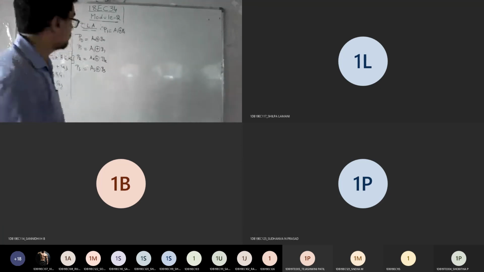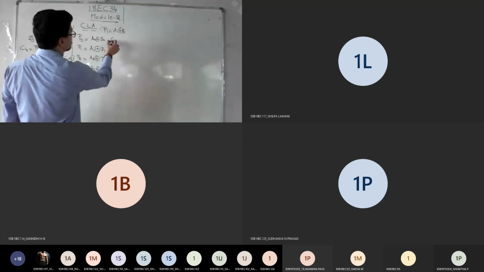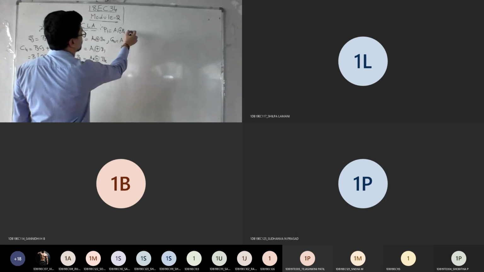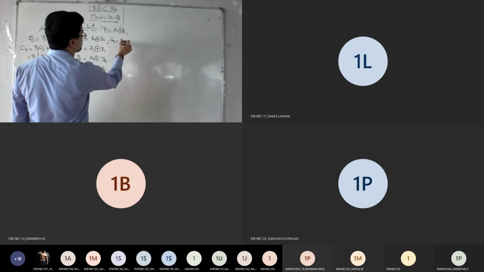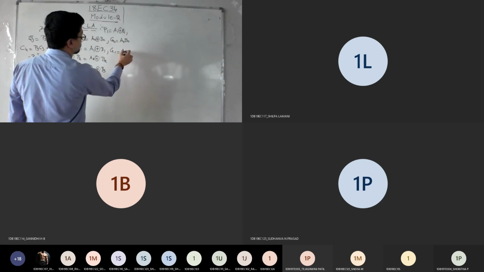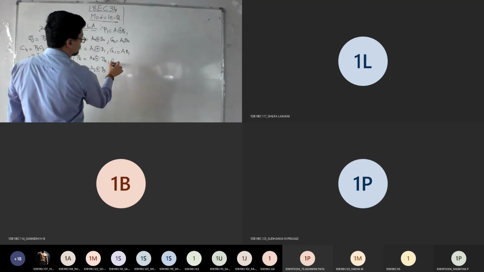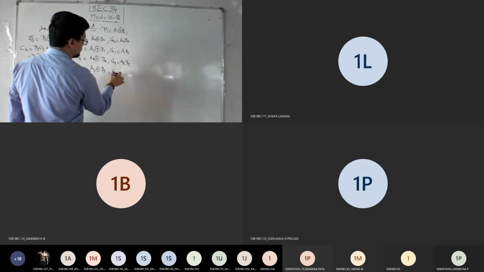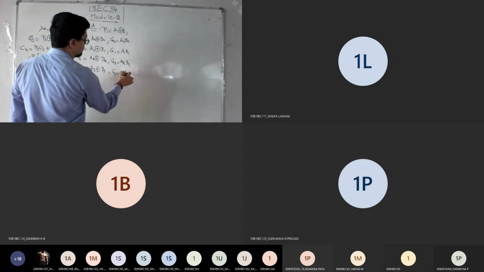Is it fine, everyone? So what was the corresponding G0 for this? The generalized formula for Gi is Ai into Bi, right? So A0 B0, G1, A1 B1, G2, A2 B2, and G3, A3 B3.